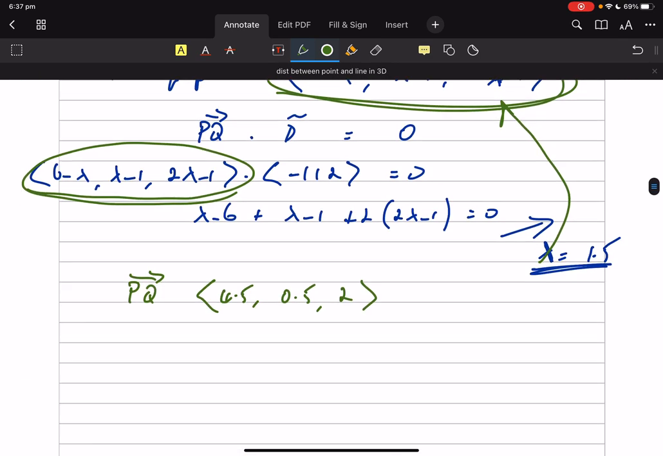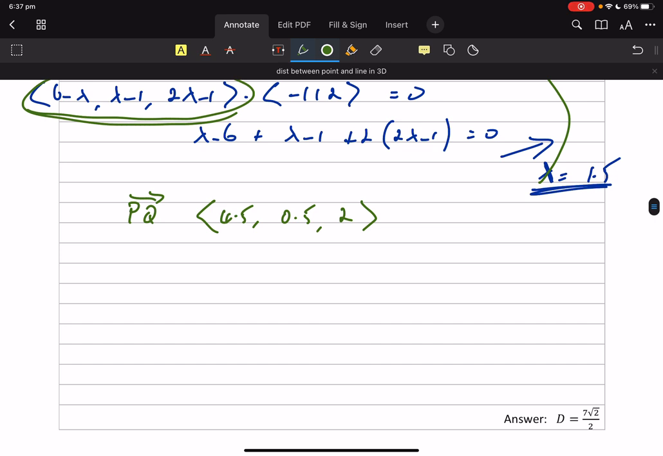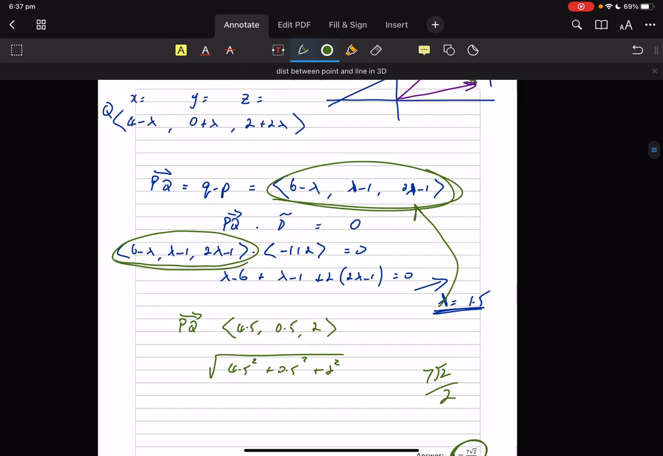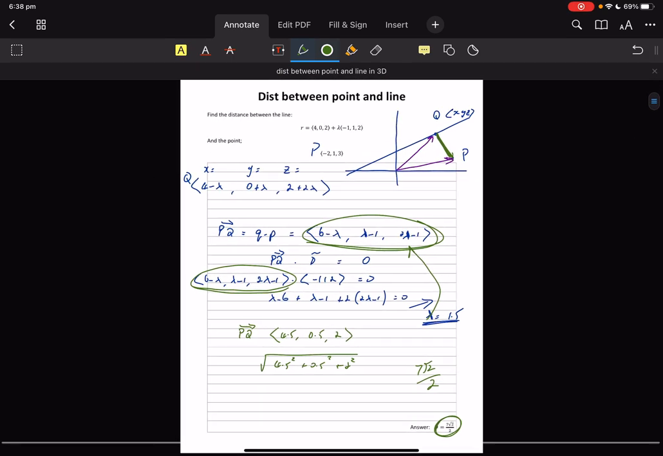That's the distance. How do I find how big that thing is? 4.5 squared plus. And if you do that, guess what you get? 7 root 2 on 2. Okay. That was nice. We just used some fundamental principles there and